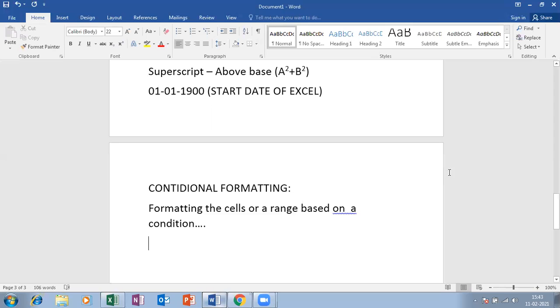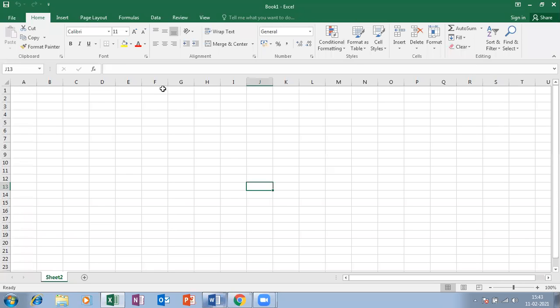Okay. So in this class, let me show you how to create data for conditional formatting. Let's create the data and save that particular file, which we can use for our next class.